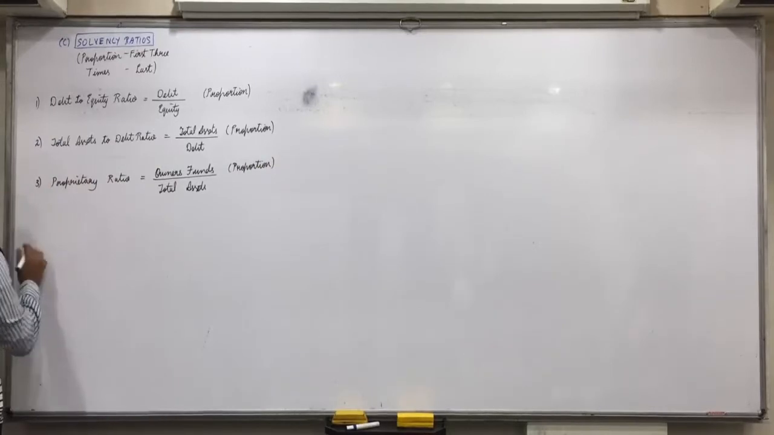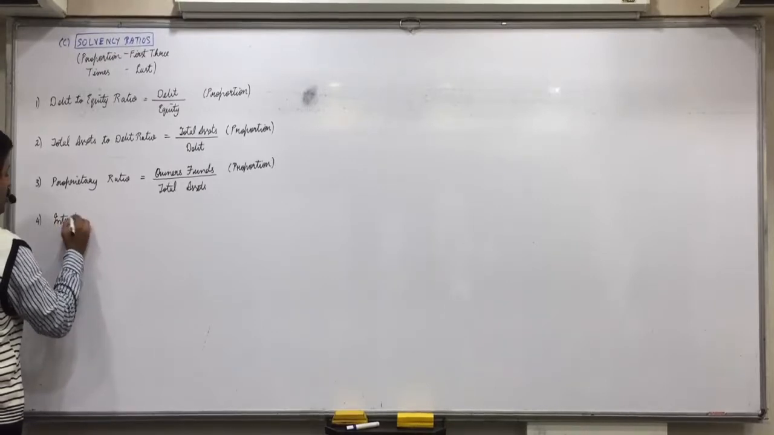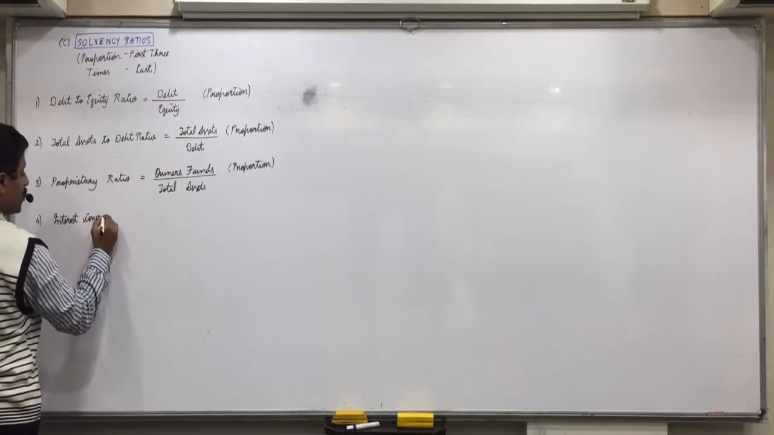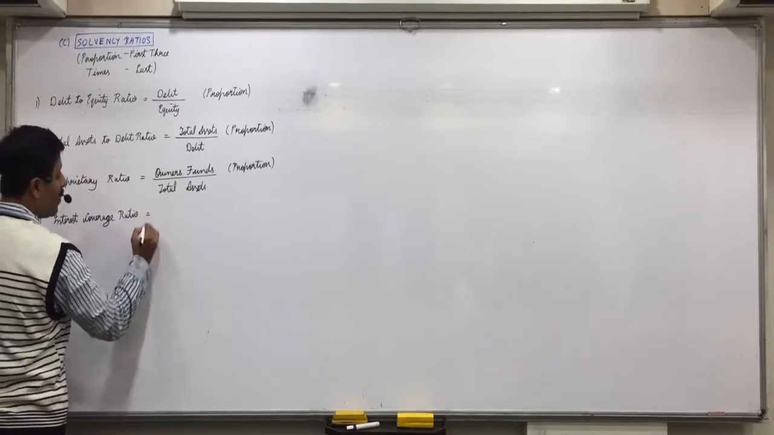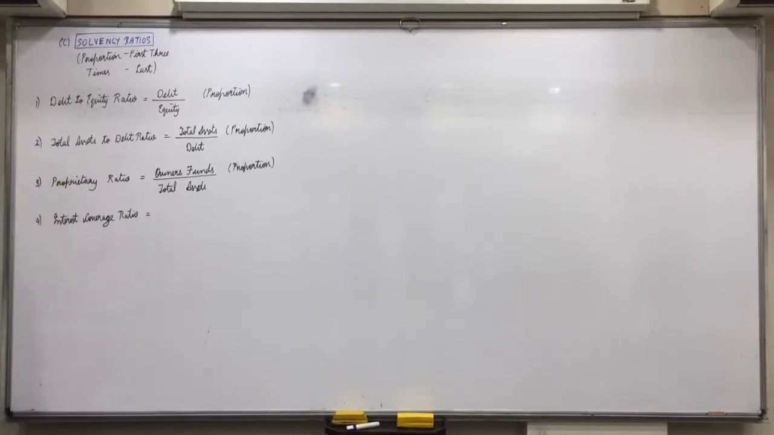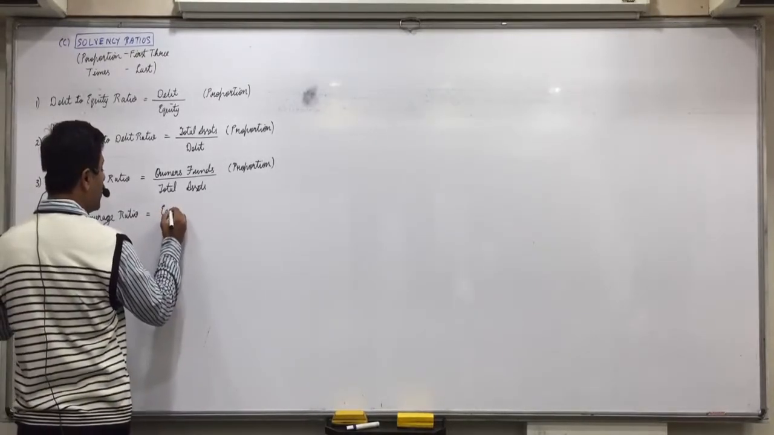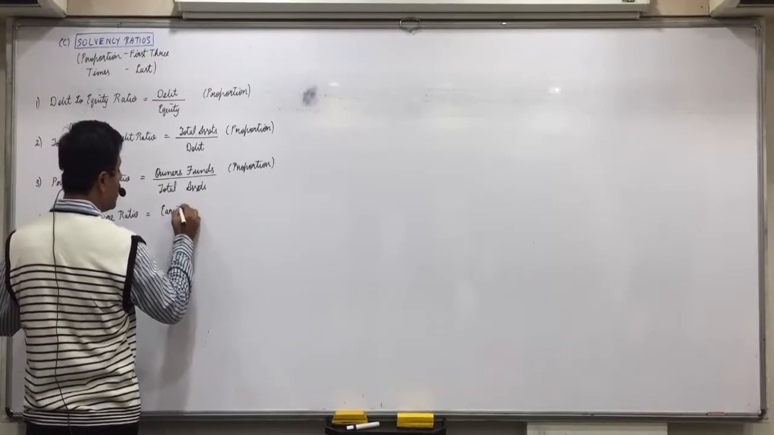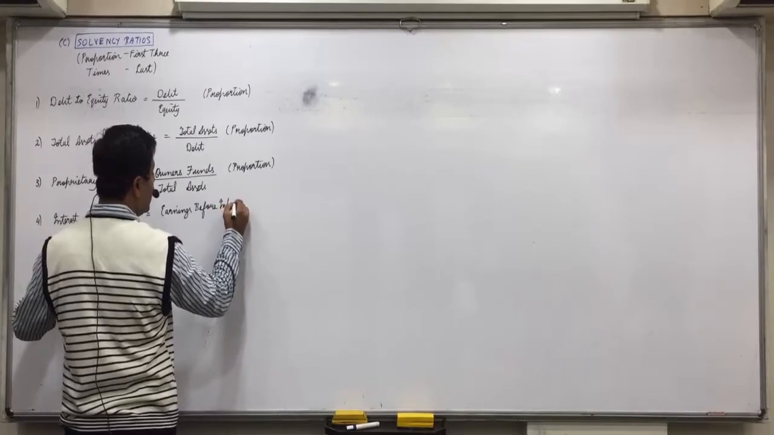And fourth, interest coverage ratio. It shows how many times profit is more than interest. How many times of interest is covered by profits. So profit upon interest, but which profit? Earnings before interest and tax